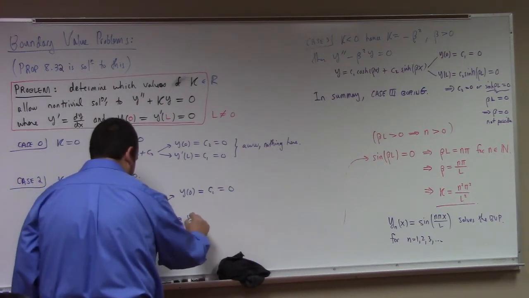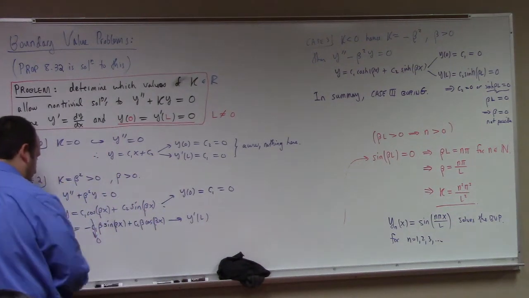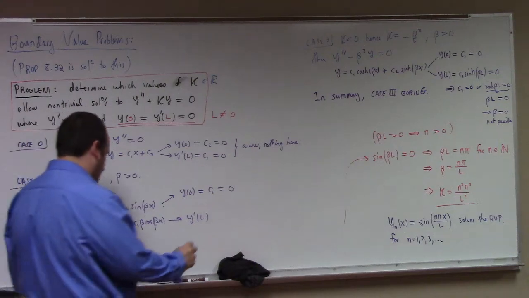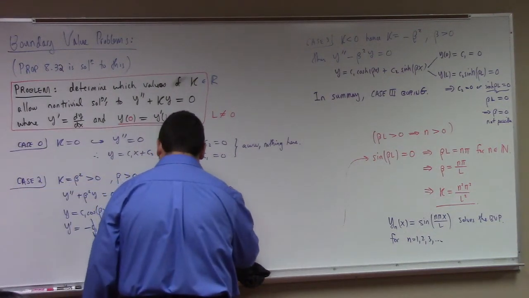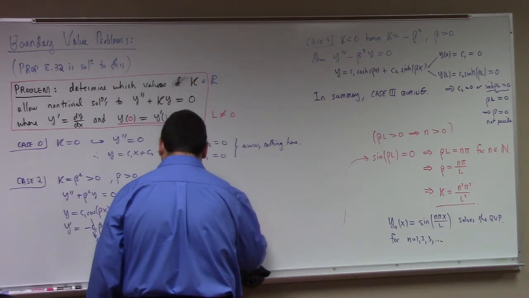If I plug in y prime of L, keep in mind that c1 has already been shown to be 0 by the last boundary value. So y prime of L is c2 beta cosine